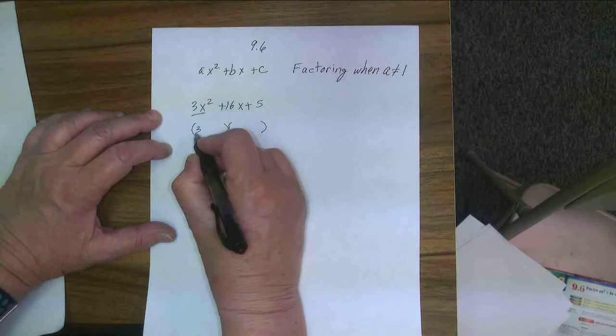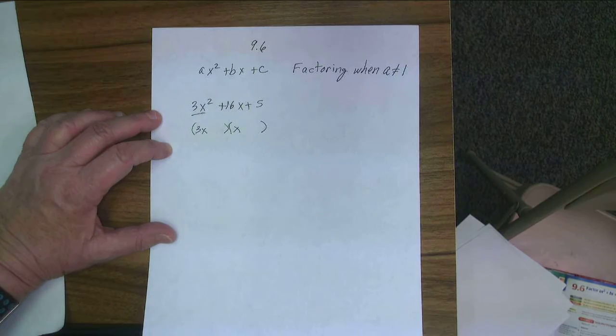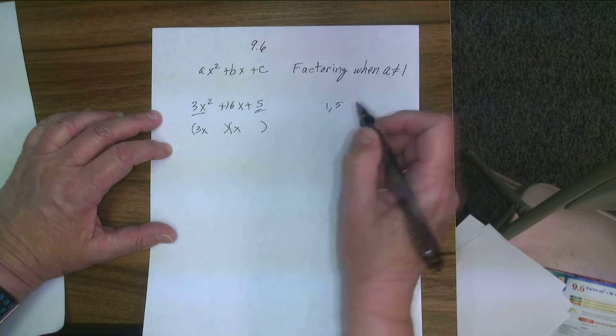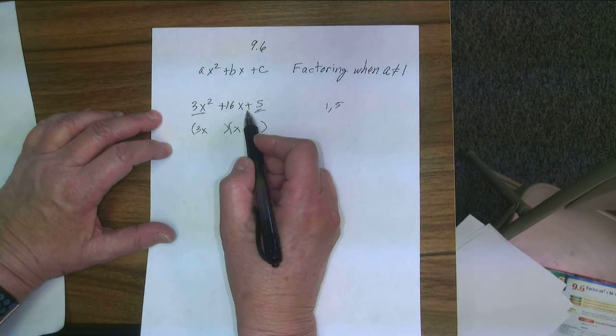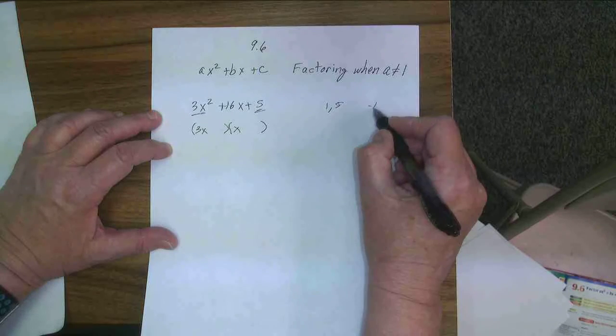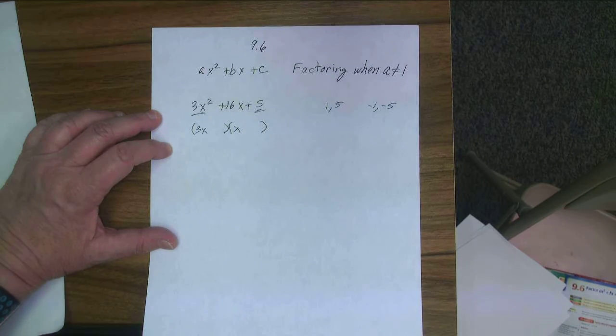The only way this will factor is 3x and x. The only way the 5 will factor is 1 and 5. Since you have both positives here, both of these numbers would be positive. There's no need to really look at -1 and -5. So let me do it